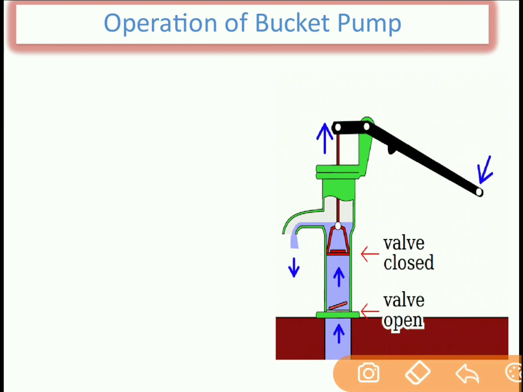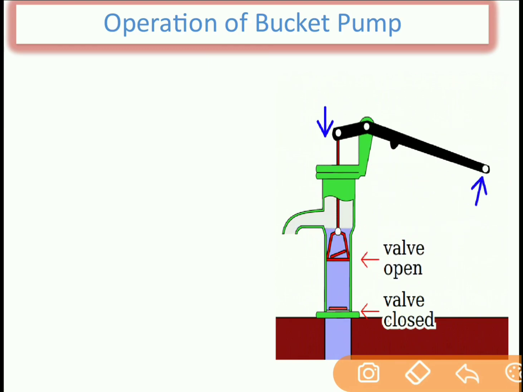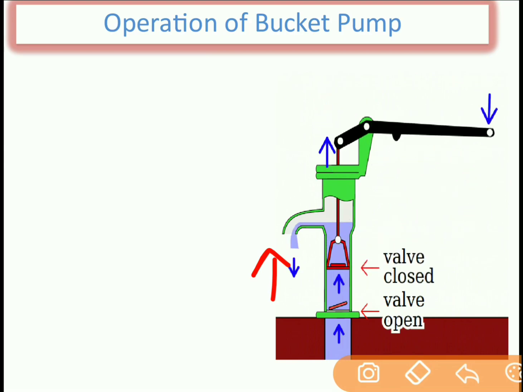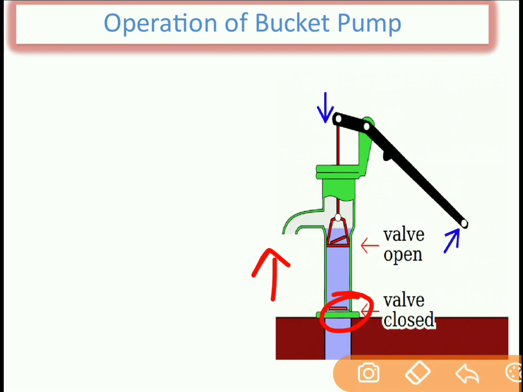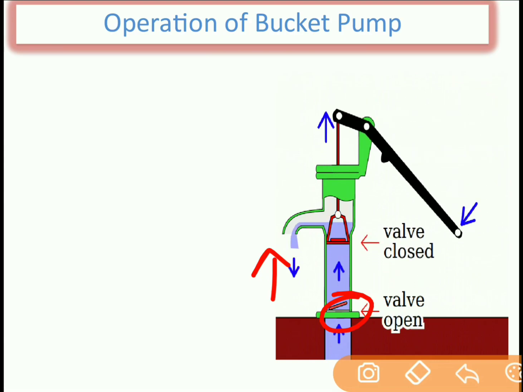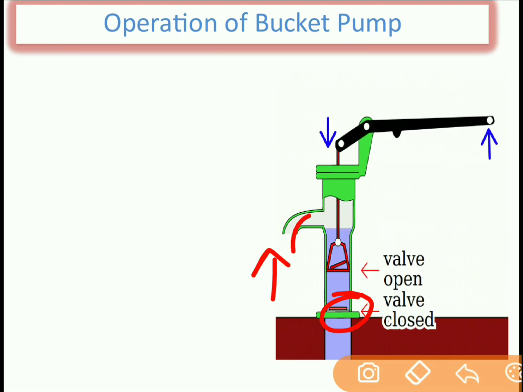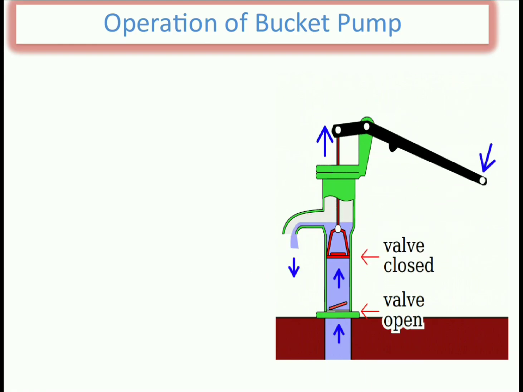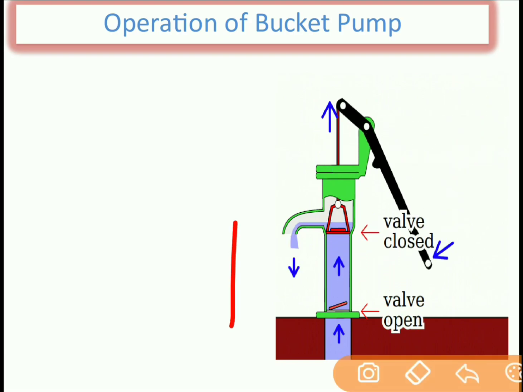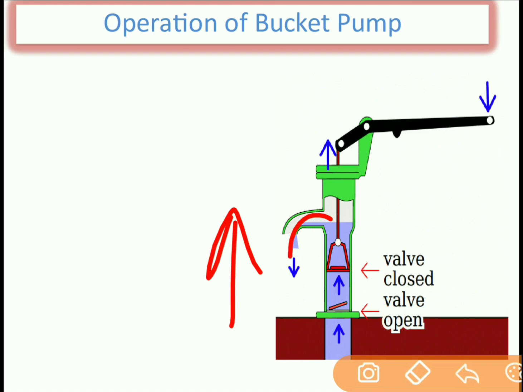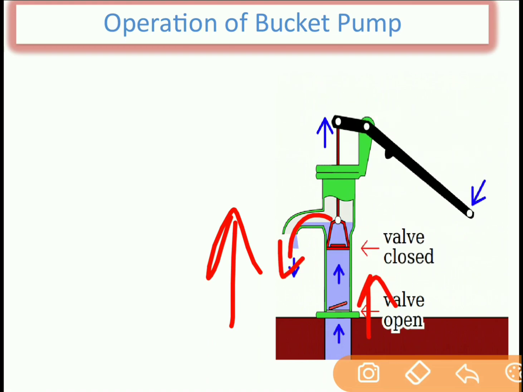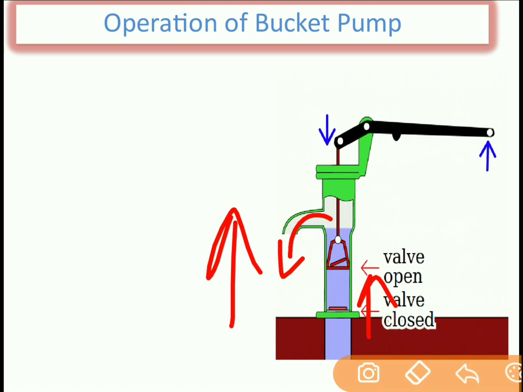Now you can see from this animation that when this piston is moving in the upper direction, the suction valve is open and the liquid which is at the top of the bucket valve will get transferred to the delivery pipe. So follow the blue arrow which is given in this animation. So when the piston is moving in the upper direction, that is in the upward stroke, the liquid will get transferred to the delivery pipe and the suction valve will open, which will cause the liquid from the suction pipe to enter inside the cylinder.